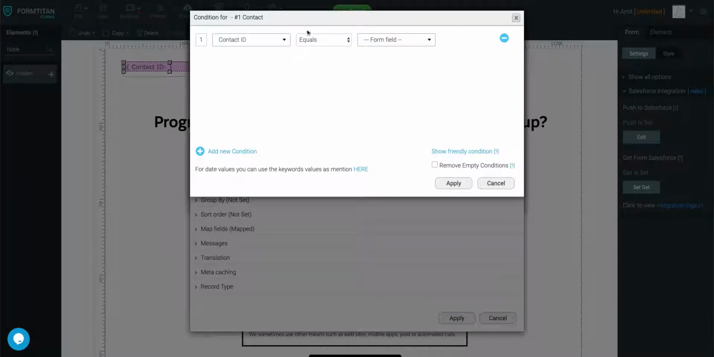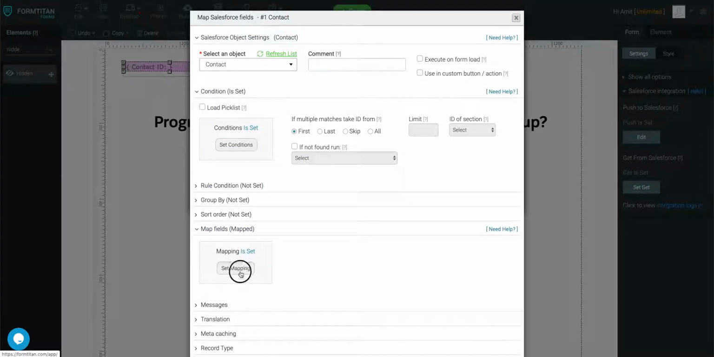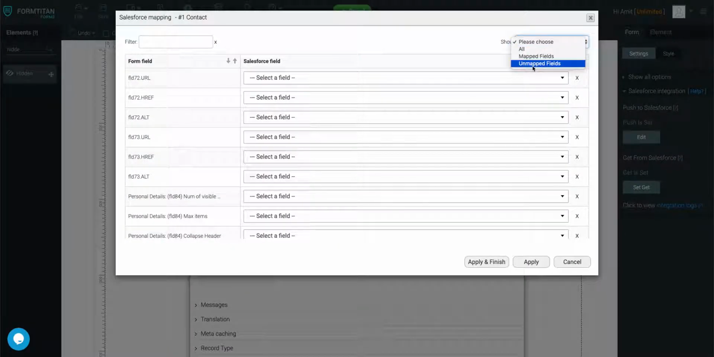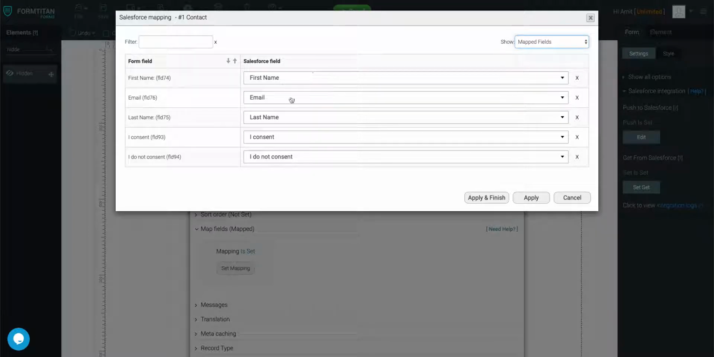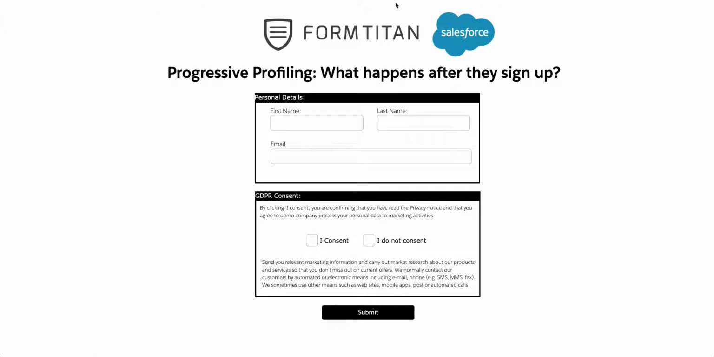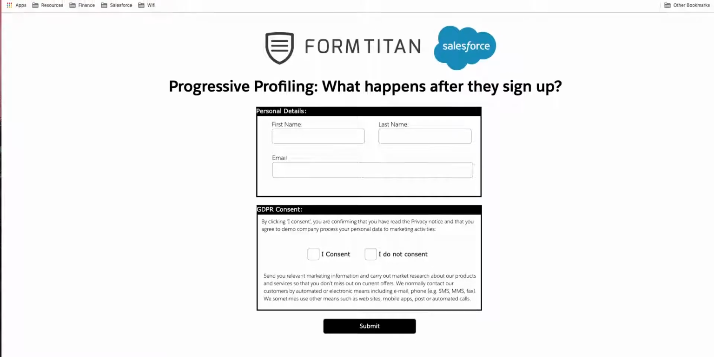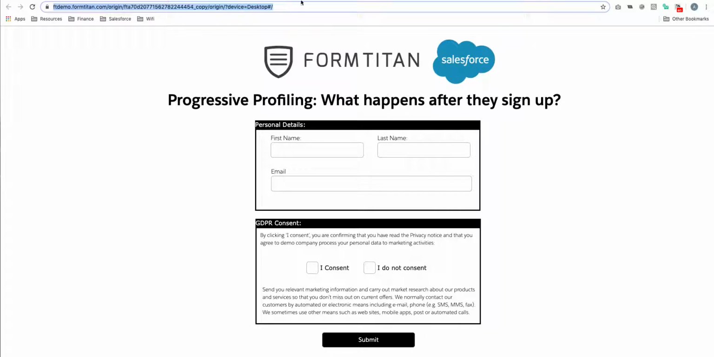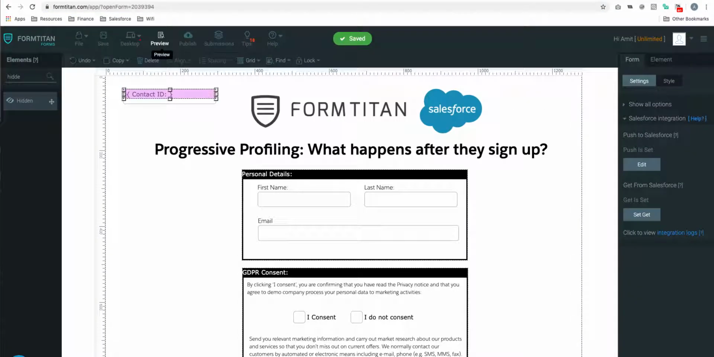So we'll say contact ID equals contact ID, and then we'll just go ahead and map a couple of the fields, like first name, email, last name, I consent, I do not consent. Okay, so if I now go ahead and preview this, what I can show you is, if I go back to the form builder here, this field is